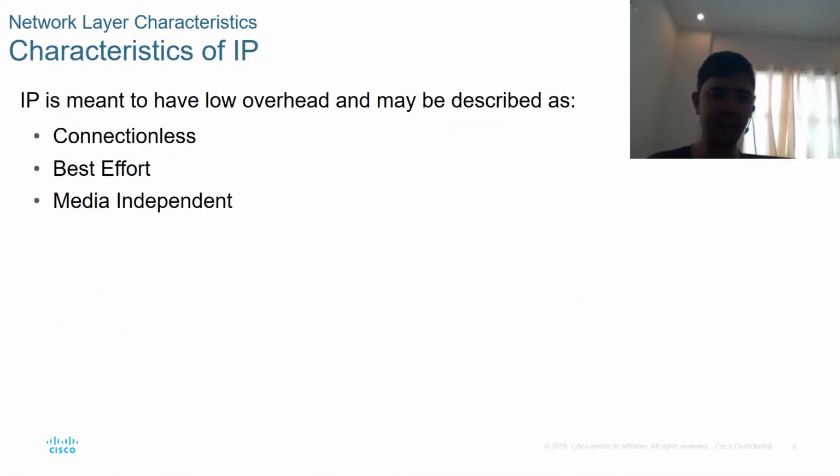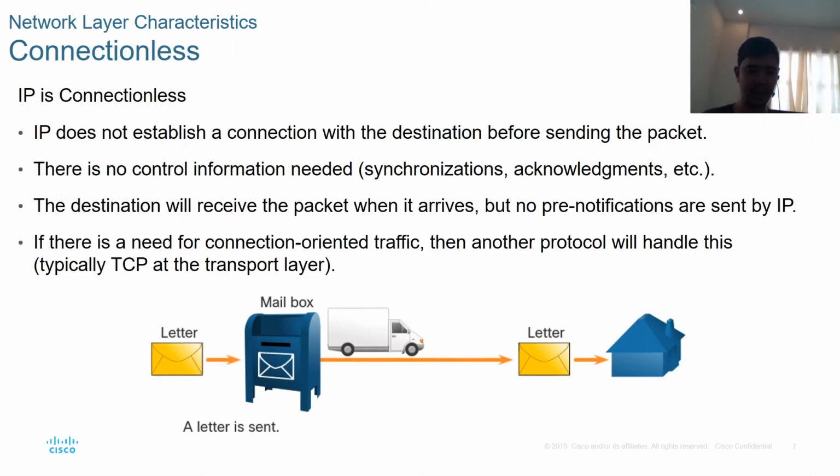A characteristic of IP is connectionless, best effort, and media independent. What we mean by connectionless is it does not establish a connection. Establishing a connection is a role of TCP. This is why TCP is partnered with IP. What we mean by establishing a connection is IP alone, IP address alone,